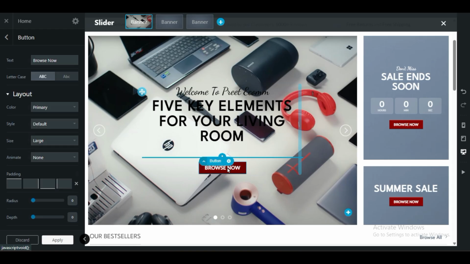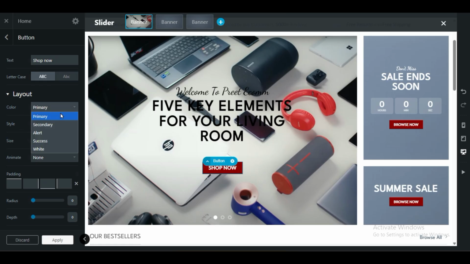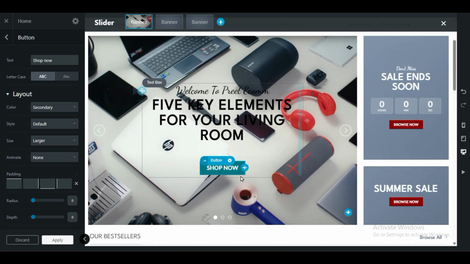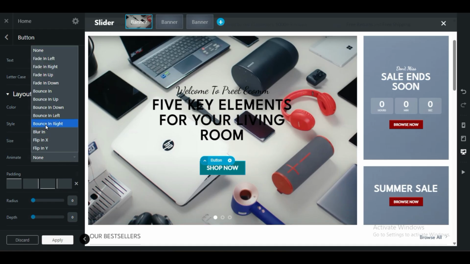Let's click on button, and instead of browse now, let me make it shop now. And scroll down, you have the option color. I will choose secondary color. You can choose primary, secondary, or you have other options for the color. Style, you can choose button style, simple, or you can keep it default. Size, large or extra large button size. Animate, you can animate this